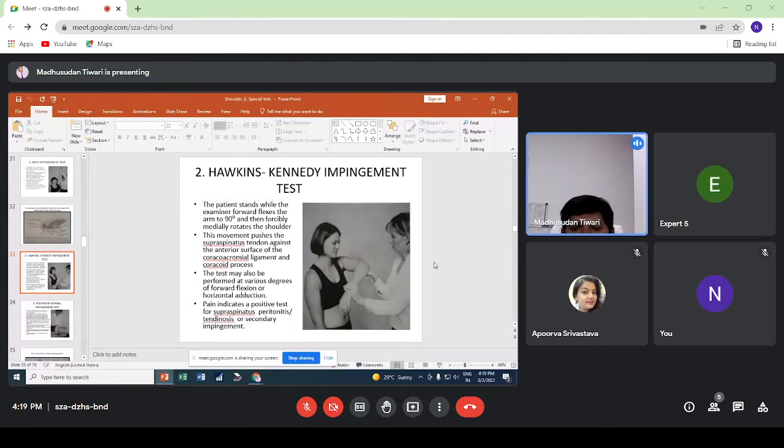Hawkins Kennedy test. See, in this test, the patient will stand while the examiner will flex the shoulder at 90 degrees and then forcefully medially rotate the shoulder. This maneuver, what will happen again? The space between the acromion process and the greater tuberosity will decrease, and the supraspinatus tendon will get compressed,